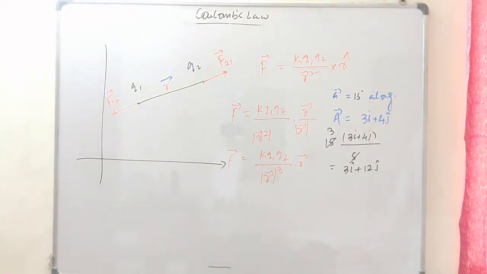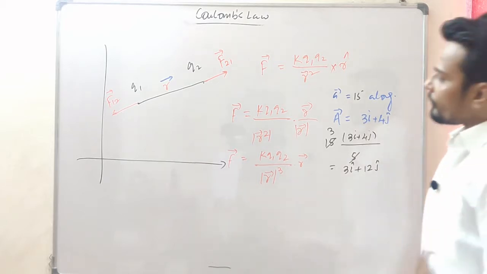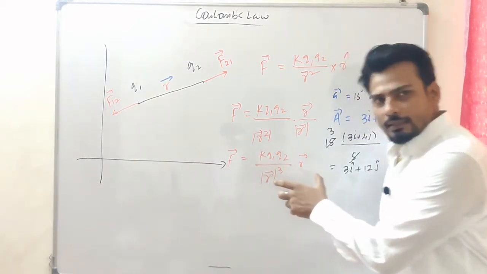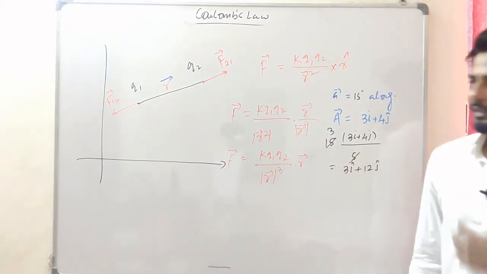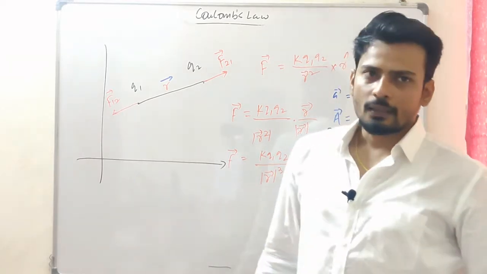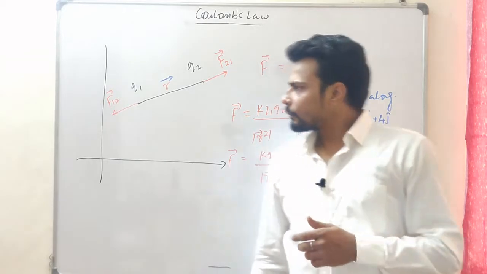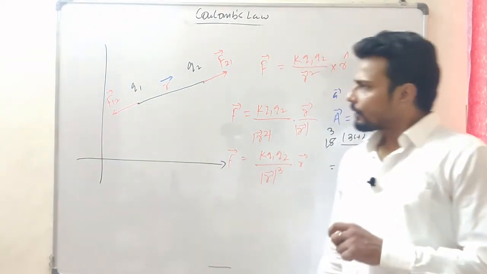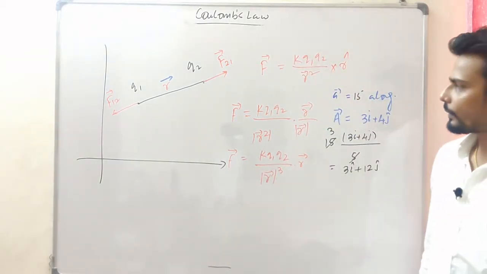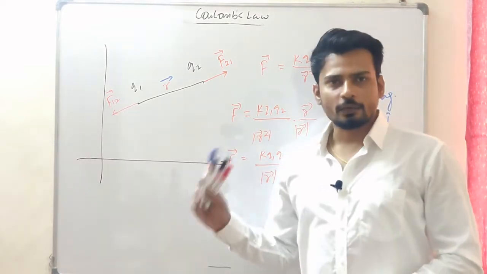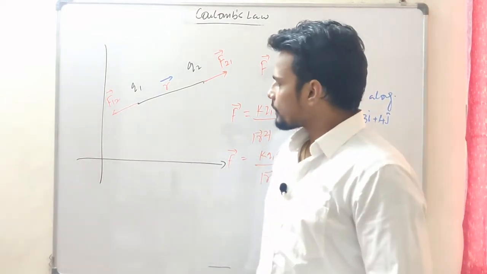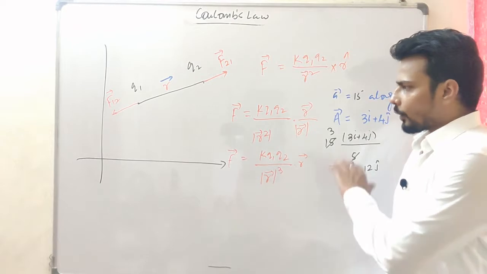So what exactly am I getting in this Coulomb's law in the vector form? I'm getting the magnitude as well as the direction. This is extensively used when we have questions in which charges are in 3 dimensions or in 2 dimensions, with certain coordinates, not at the origin or not on the x or y axis. Then the vector form works really well. I'm going to do a couple of numericals on that. As of now, I hope you have understood this, right?